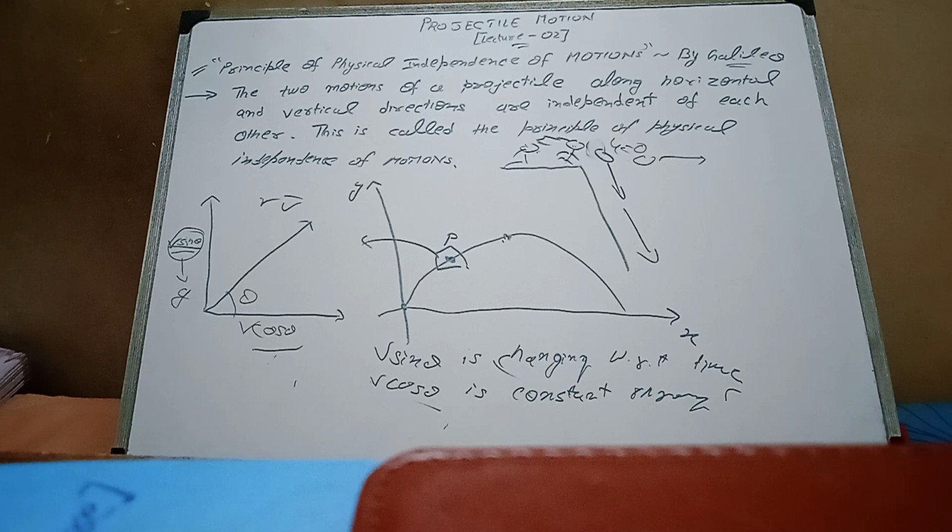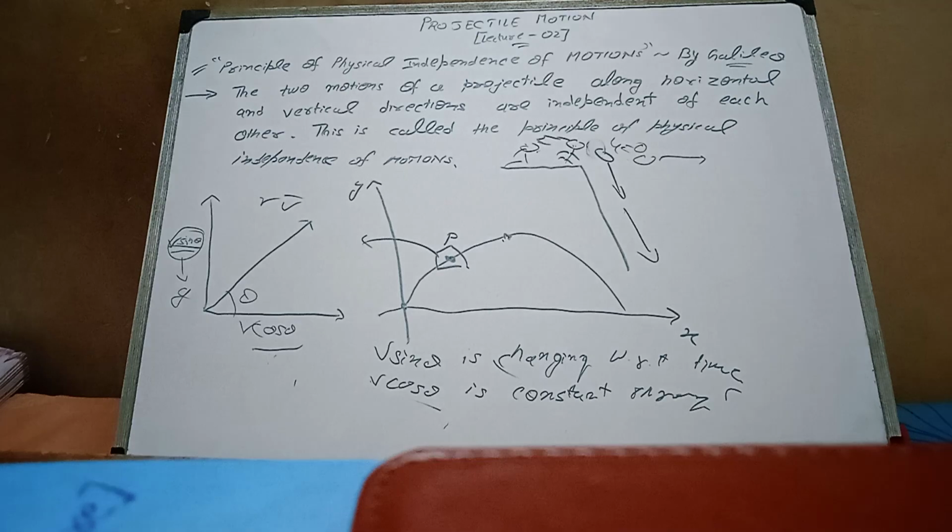इसका मतलब क्या, हमने दूसरे वाले में हॉरिजॉन्टल वेलोसिटी लगाई, we have put the horizontal velocity, but the horizontal velocity doesn't affect the vertical motion. We are considering the vertical motion, not horizontal. We are only considering